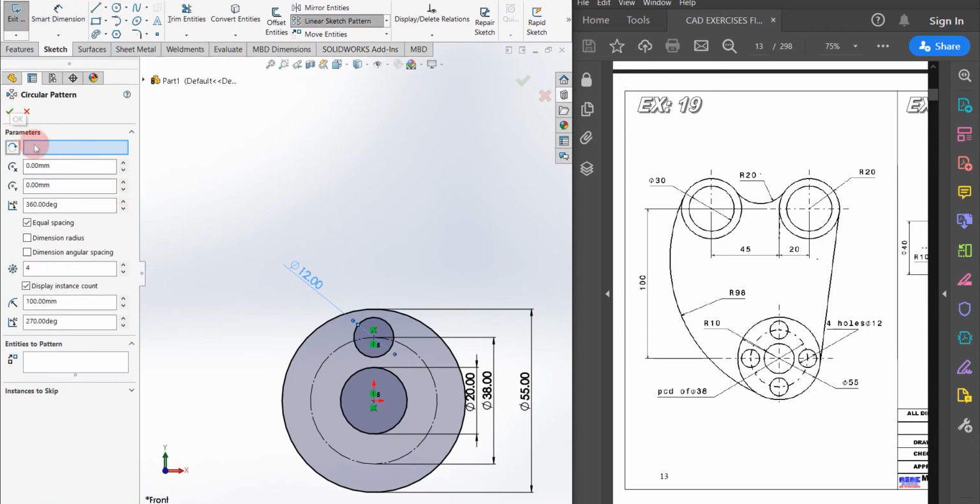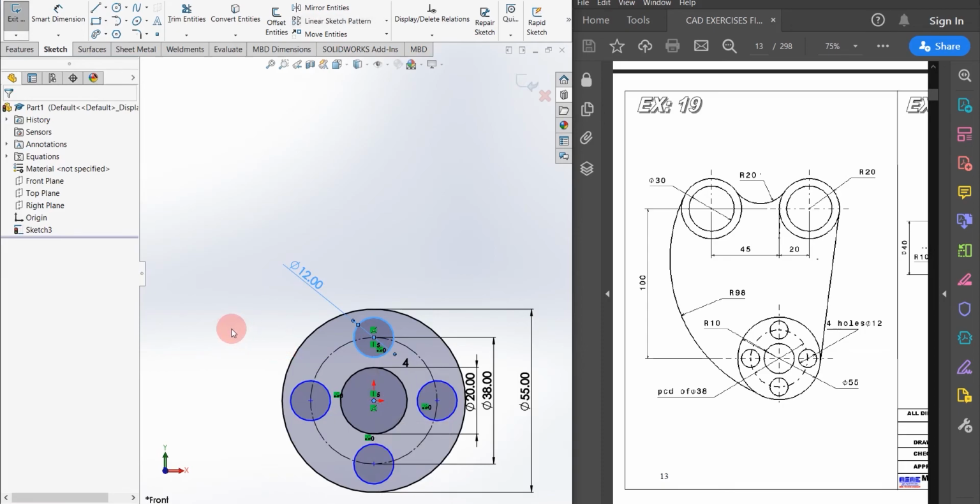Here, around which point I want it, I want around the origin, and for entities to pattern I am going to select this circle. As you can see, the software is showing us a preview. I am just clicking OK. So 4 circles are created.